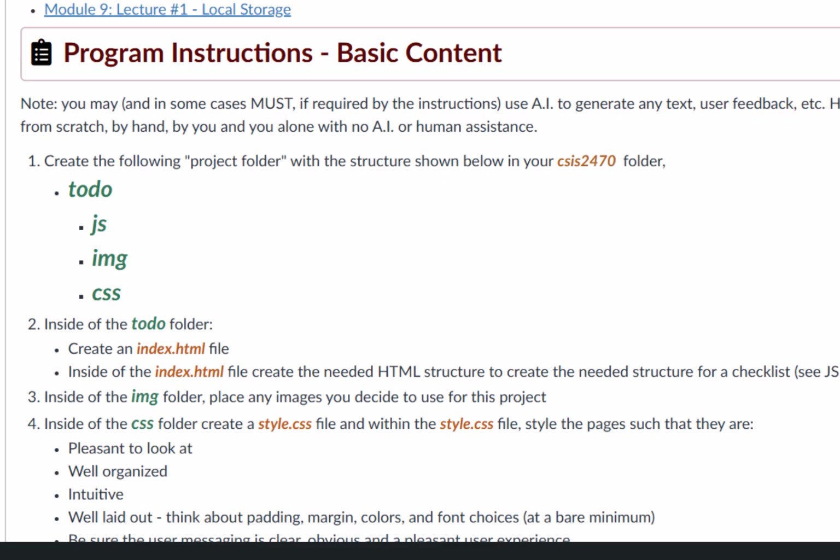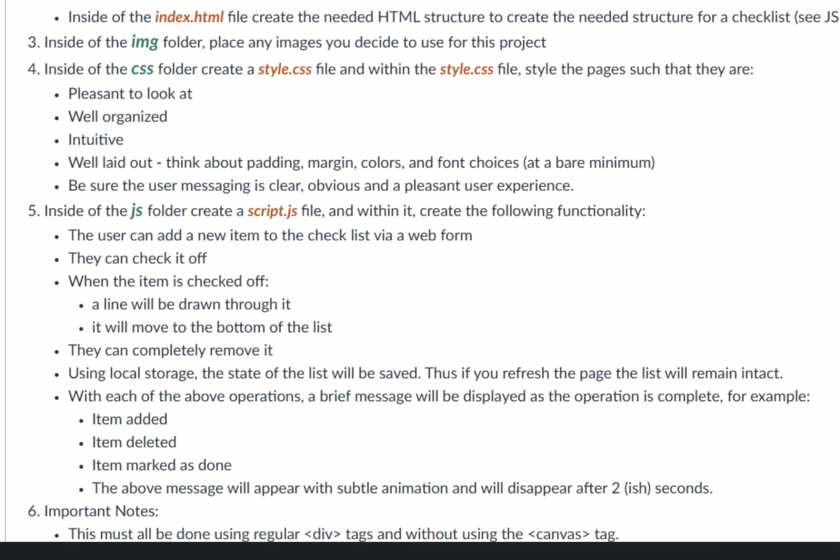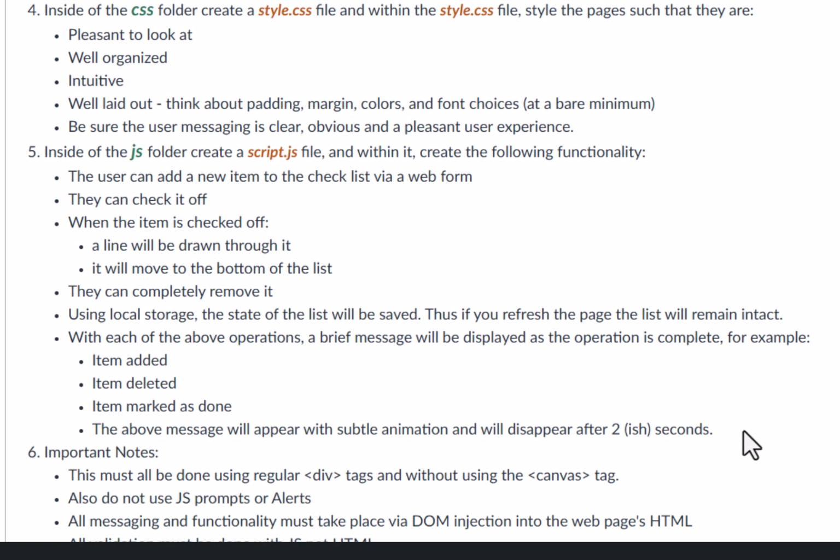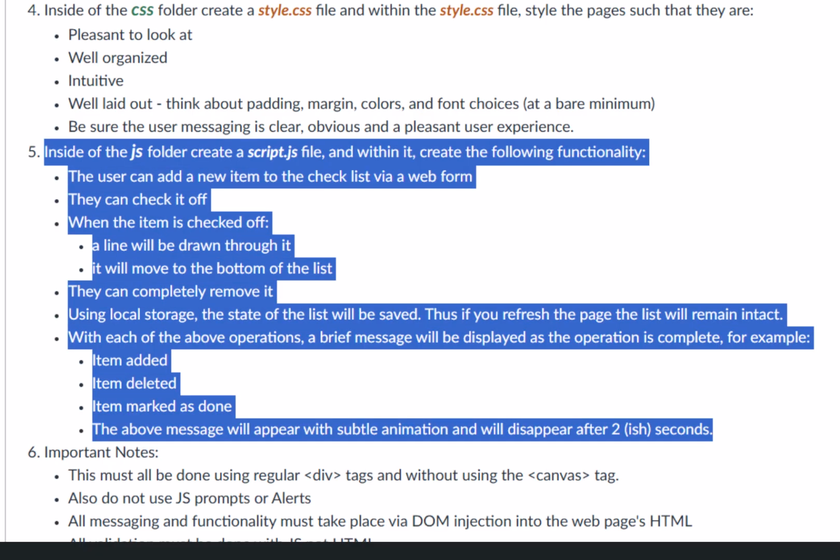So mine is purposely not very styled at all. The only style that's there is just for some functionality. And the other half of user experience where things are good and easy to interact with, those are in place, and I will demo those for you. All right, and then of course, bullet point number 5, that's where the meat of all this is right here. And that's all about the app and how it works and everything, which we're going to see in the demo in just a moment.